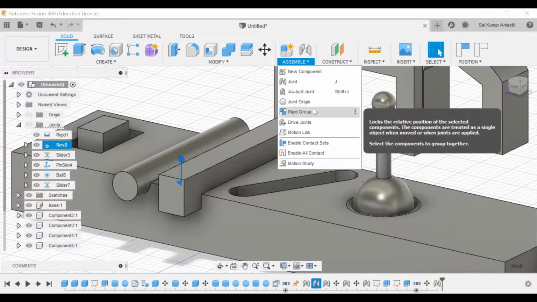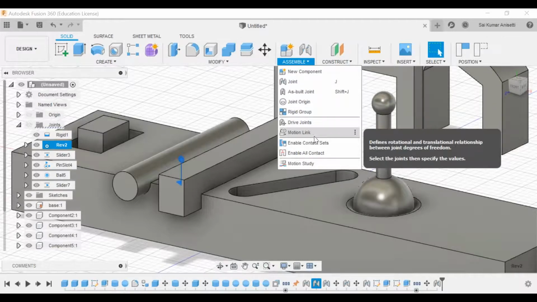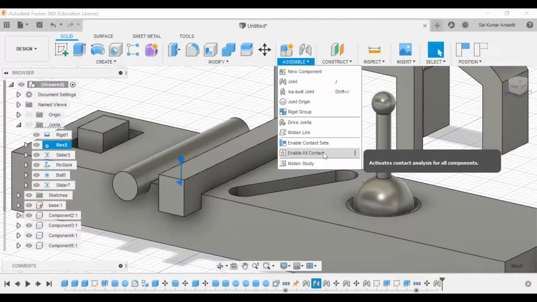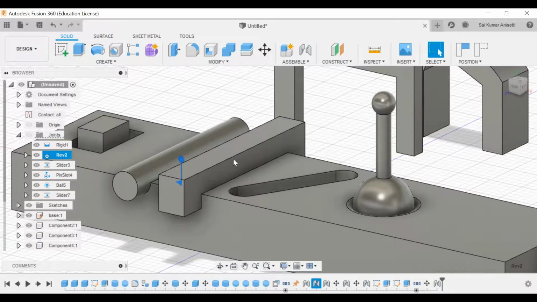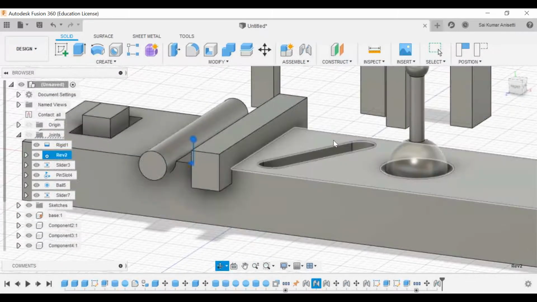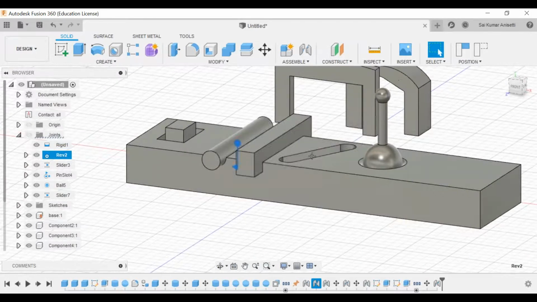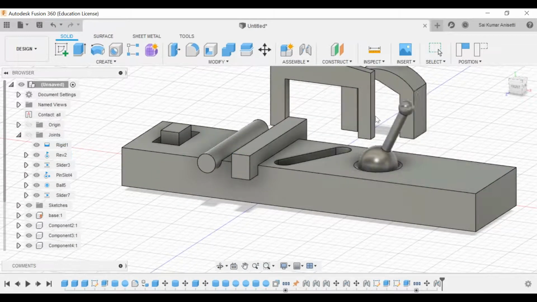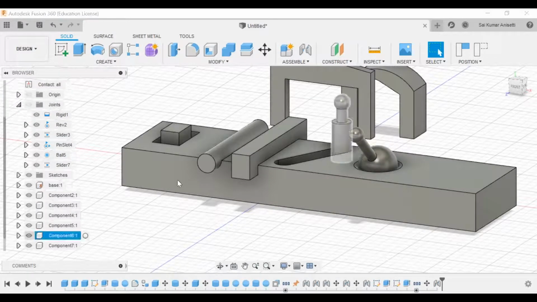Okay, that is what it is. Enable contact sets. That means if I enable all contacts, that enables contact between those two given points. Now, if I rotate over here, and where is my other base part? Okay, component.